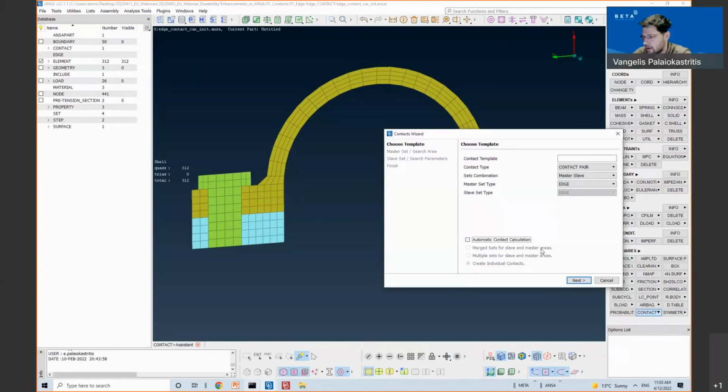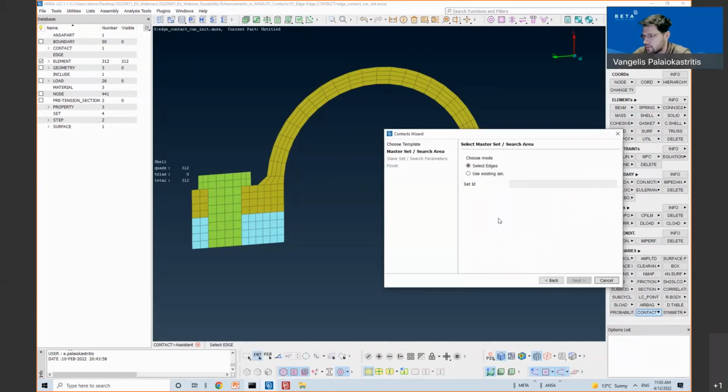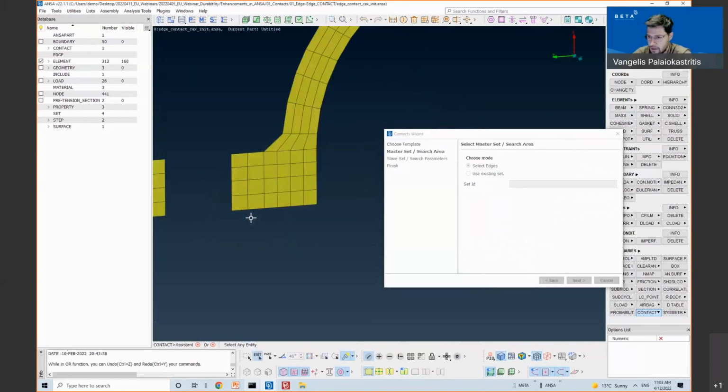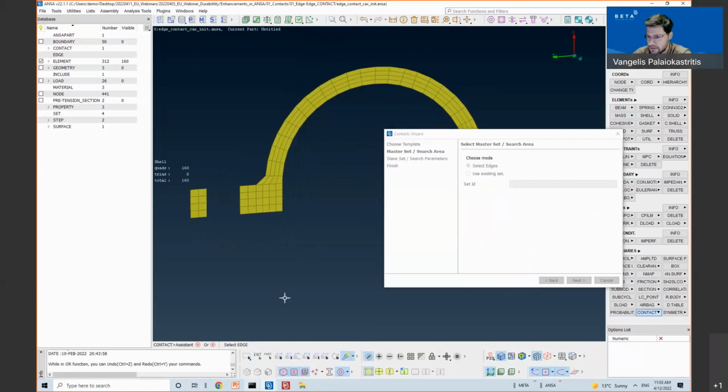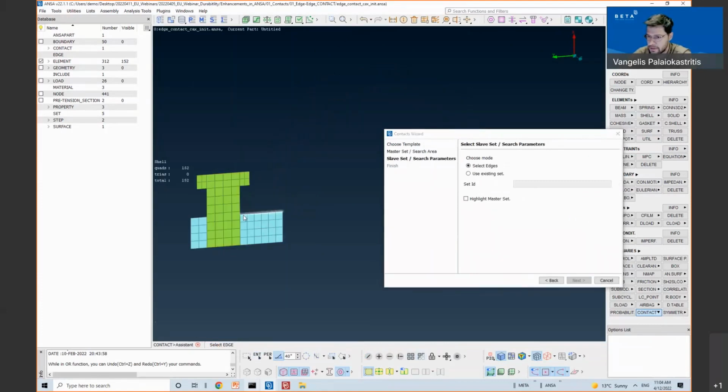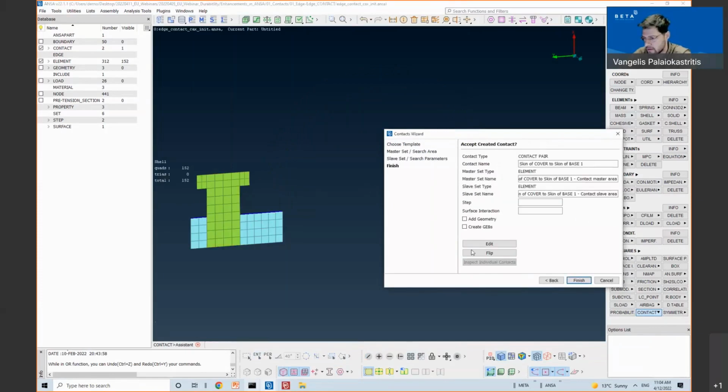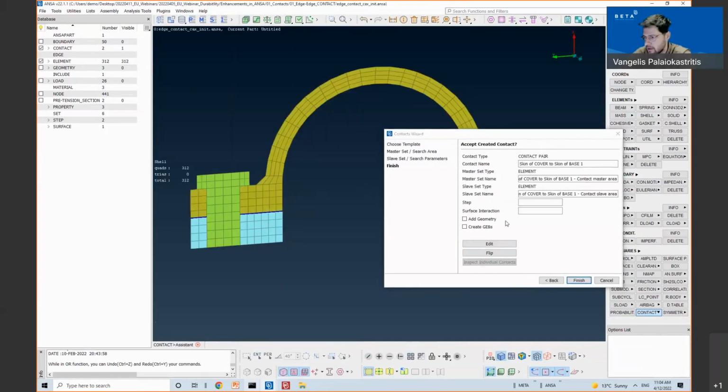I will do this first manually. I will isolate the top part, select the edges with the feature selection, bring the other part, select the other edges, and I can see that the contact is created.